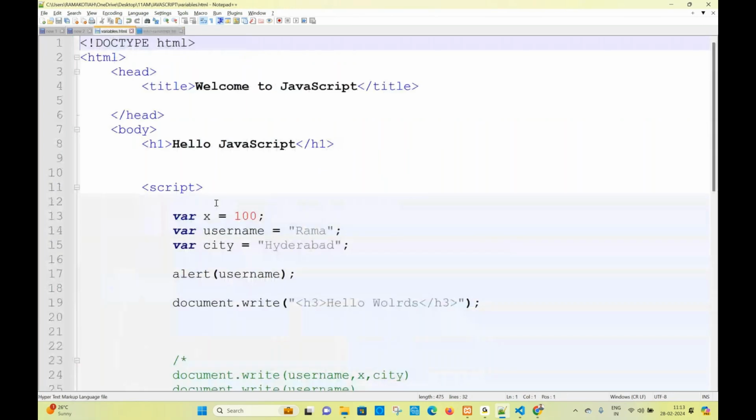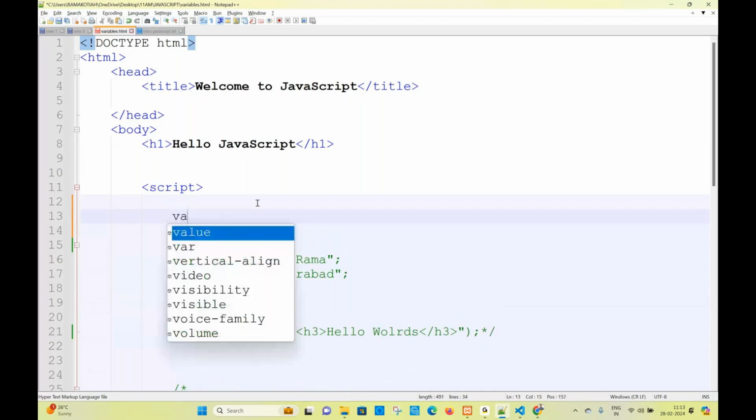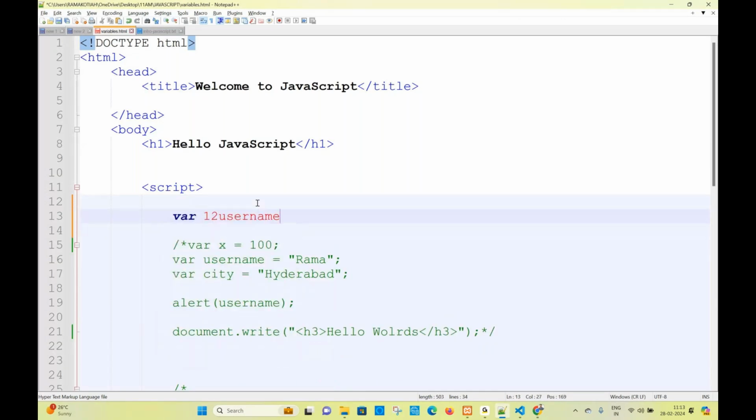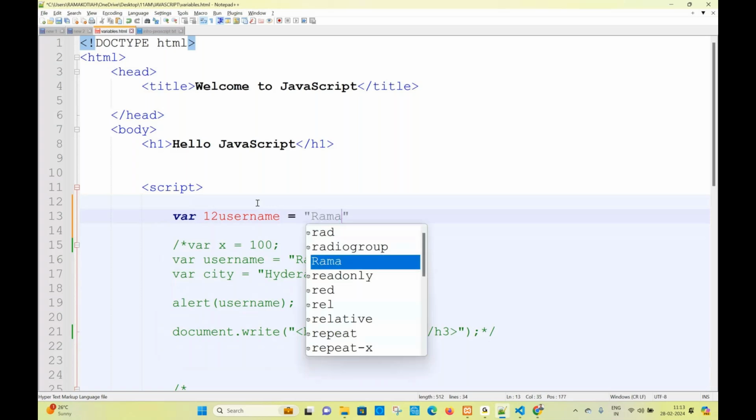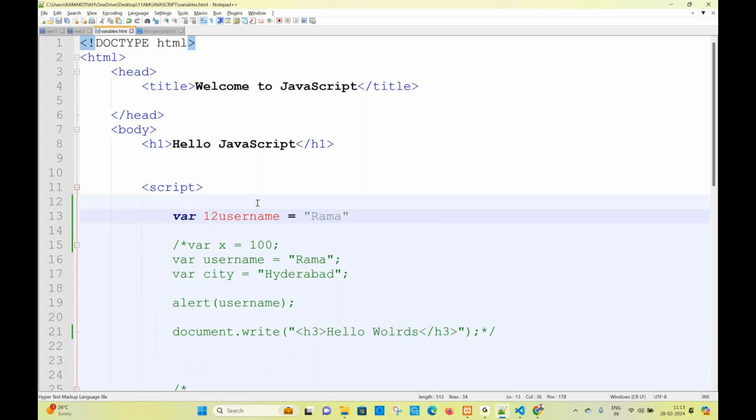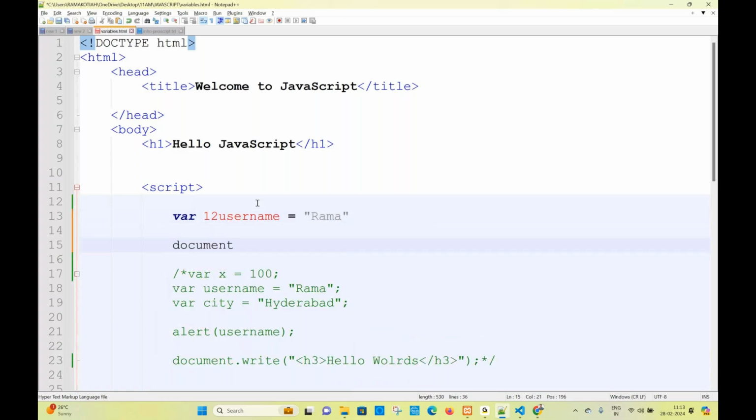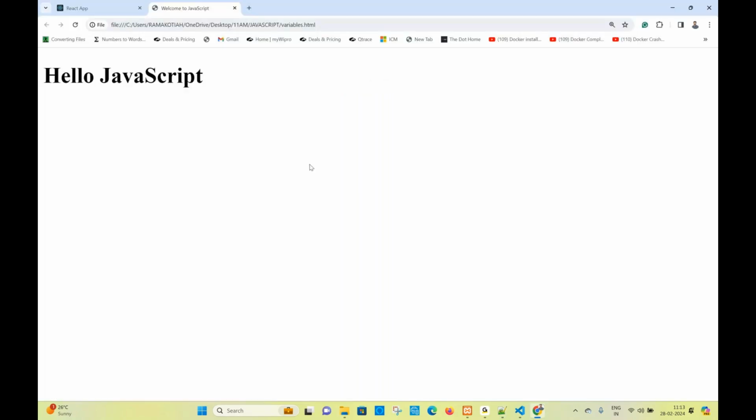Right, so let me keep all this in comments. Let us take one variable quickly. We will try this. Let us see. var 1to username equal to, this is going to be a prompt. Okay, right. I'm printing with document.write also. First of all, you don't need to write document. Why? Because first you run this file. If you run this file in the browser window, press F12, you see in the console you have an